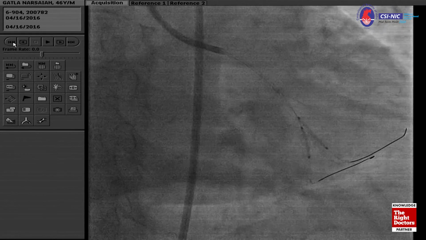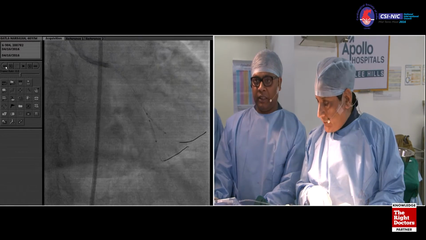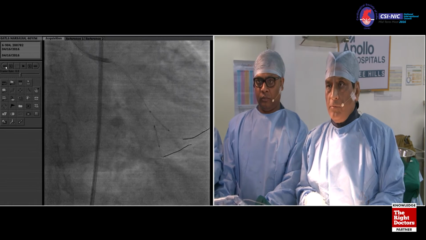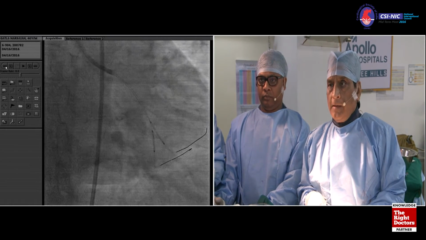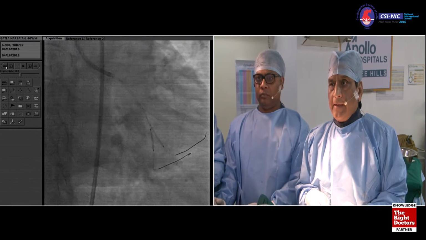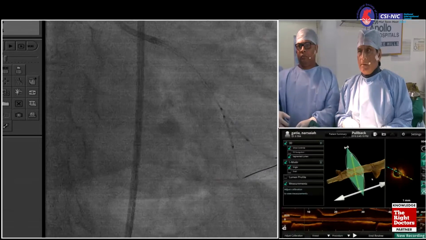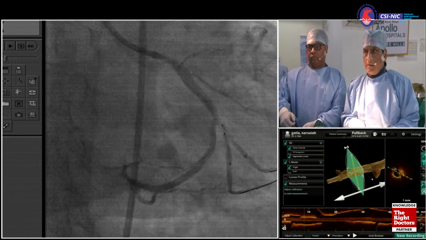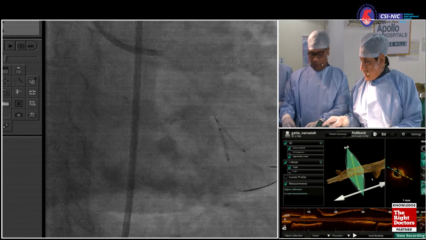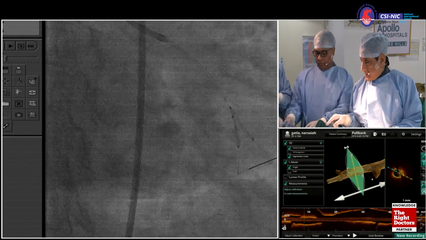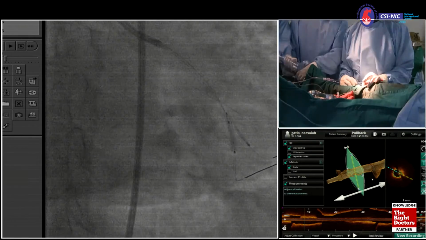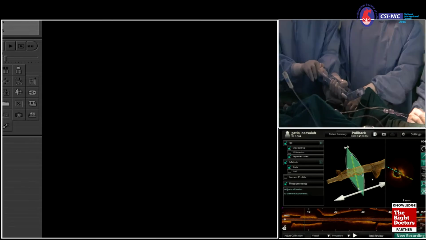Okay, so I think this is the one, OM2. Which one is OM2? Okay, let's see. This is the OM2. We're going to bring it here. Let it be a few millimeter mini crush. Just give a little dye again. Okay, good. Do the OM1, your OM2. Deploy it. This one. Start. Go. Yep. Cine. No dye, no dye. Don't give dye.